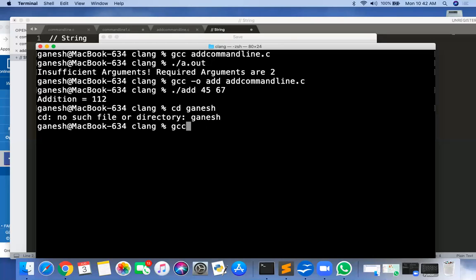Suppose the copy command: cp ganesh.c hello.c. cp copies ganesh.c into hello.c, so a new file hello.c is created, which is a copy of ganesh.c. Ganesh.c is the first argument, hello.c is the second argument. Getting it?